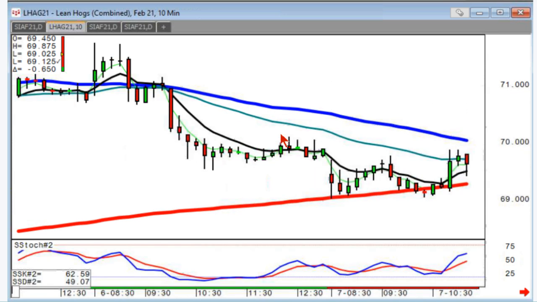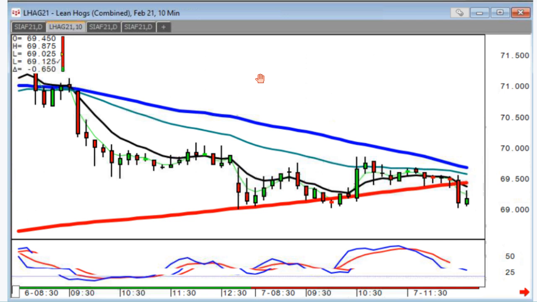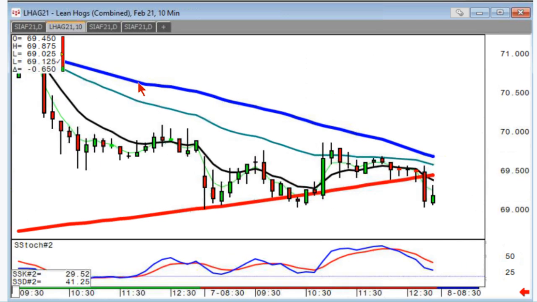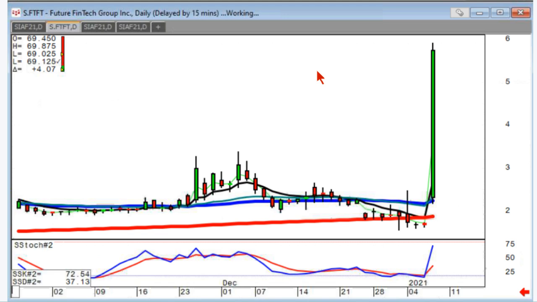Not real wild, but you can trade off the 10-minute chart. If I'm intraday trading the commodities, I'll trade off the 10-minute chart. If I see something moving big, and this is the advantage of having a chat room where everybody's looking for the same thing,